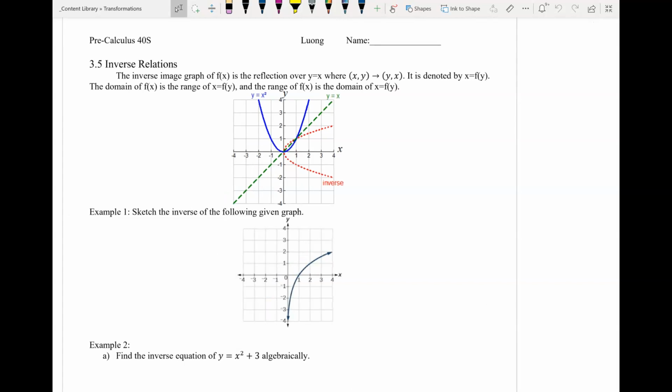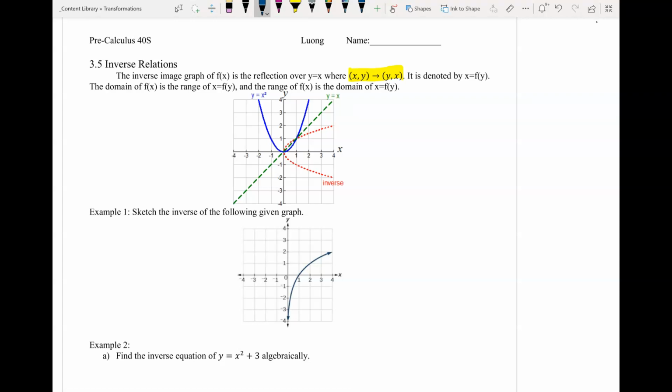Welcome to the last video of the transformations unit, and we're going to cover inverse relations today. So the inverse graph of f of x is a reflection over y equals x. So instead of reflecting over the x or y axis, we are reflecting over y equals x. And this is the mapping for our transformation. So your original point x, y now becomes y, x. So your x value now becomes the y value of your new graph, and your y value now becomes your